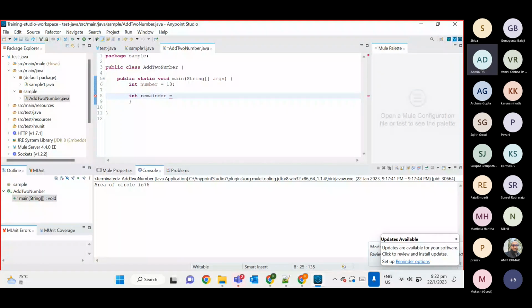Okay, so what I will do is divide this number by 2. And then I want to check the condition. If you want to check any condition, then you need to write